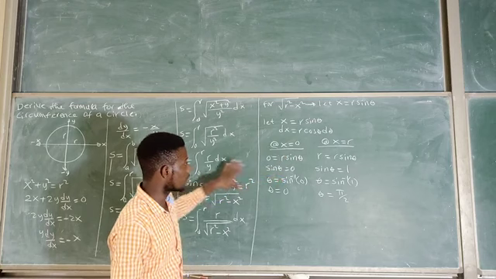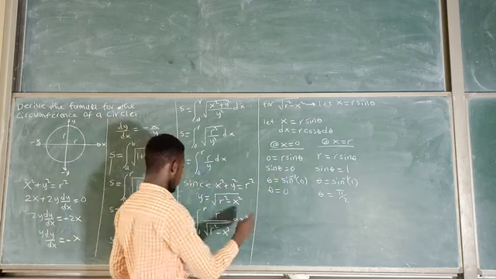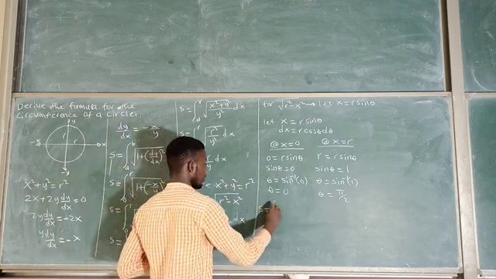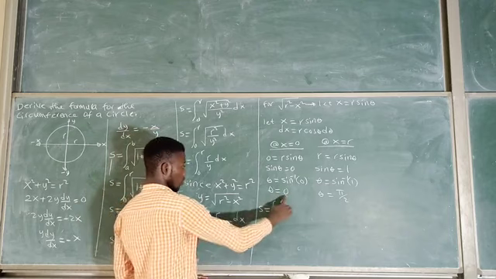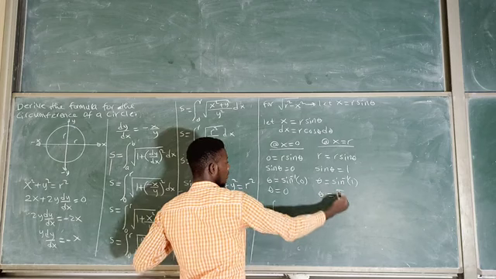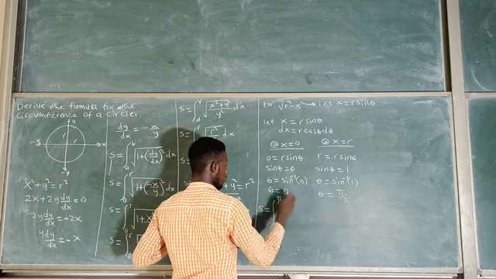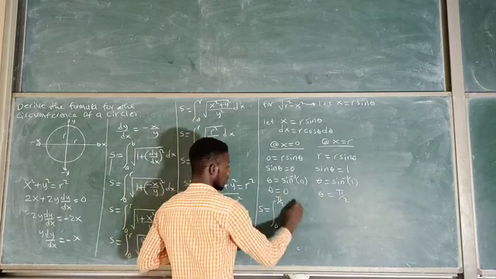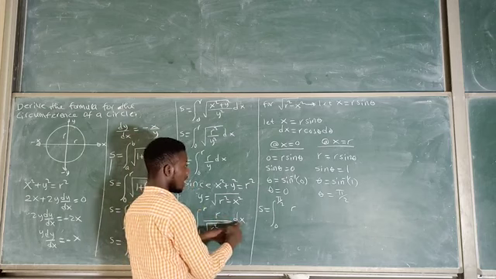So we have converted the bounds from x to theta. So we have s now equal to the integral from 0 to pi by 2 of r, which is just a number,